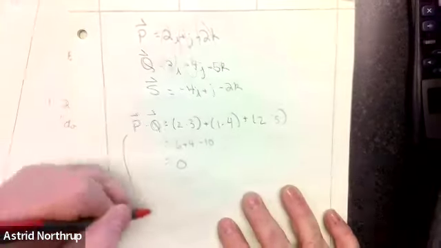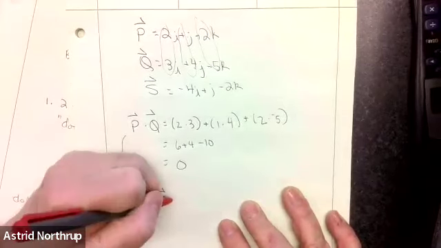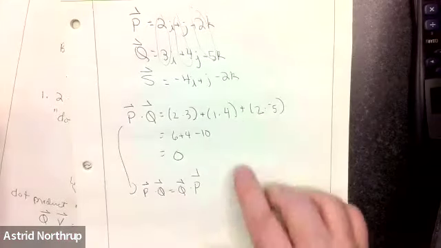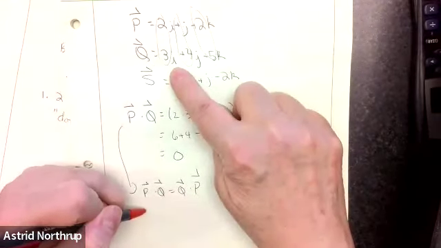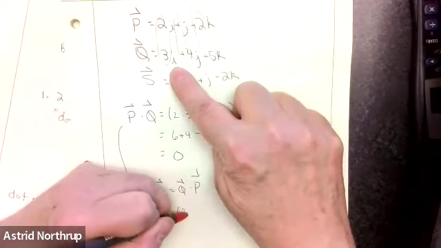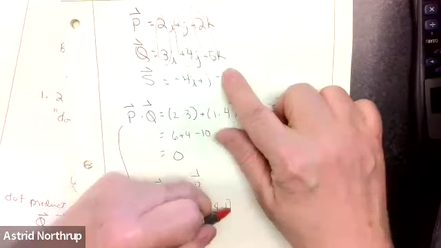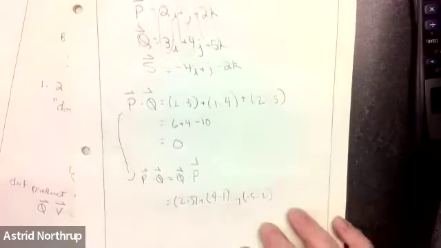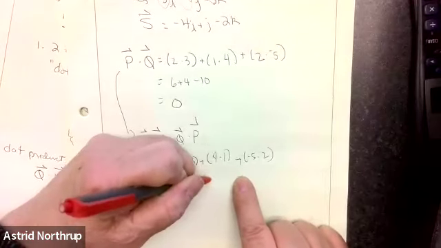So the other thing is that this is a commutative property. P dotted with Q is equal to Q dotted with P. So if I were to dot them the other way, and I said Q dotted with P, you can see why. That would be 3 times 2 plus 4 times 1 plus negative 5 times 2, excuse me, I got carried away. So that's 6 plus 4 minus 10,